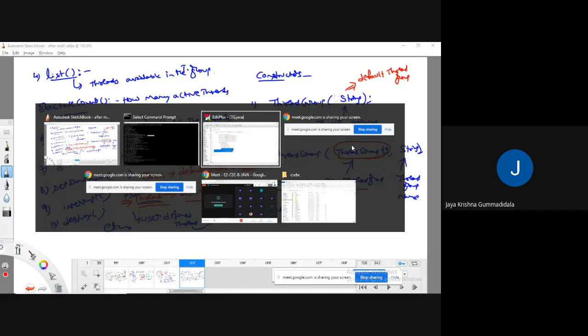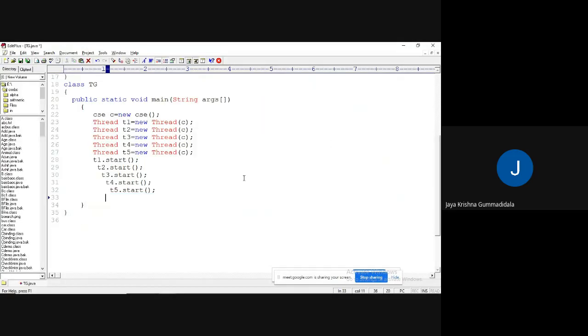Okay, fine. Let me show an example so that you will get a clear idea. So how to create a thread group? ThreadGroup P equal to new ThreadGroup.